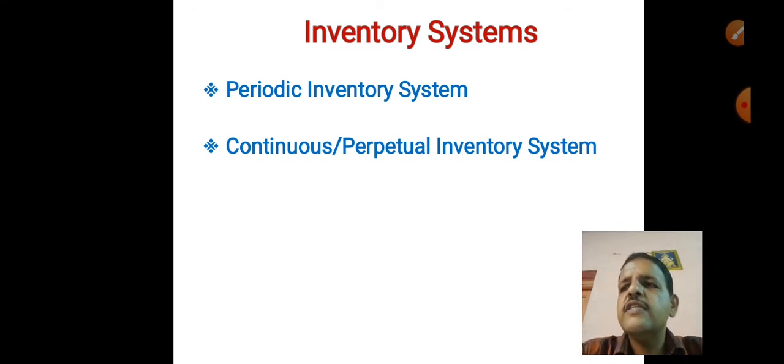Work in process can be checked accurately. What are the disadvantages? The time gap between two stock takings is quite large, maybe 1 year. Then errors may remain undetected for a long period, as stock taking is done periodically. Reasons for discrepancies cannot be found out easily due to the passage of time.